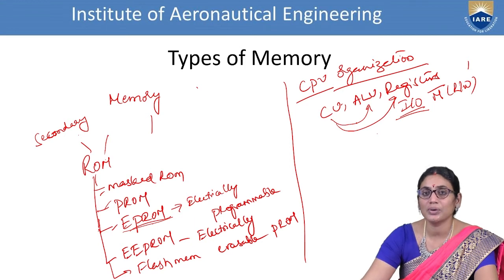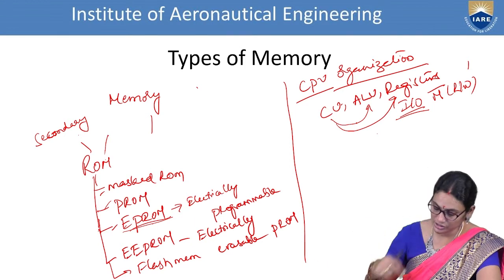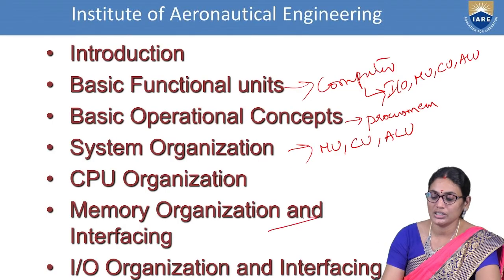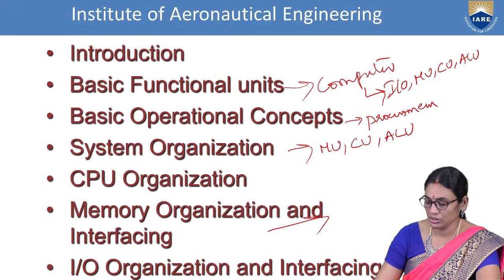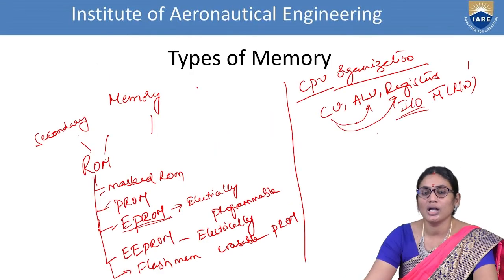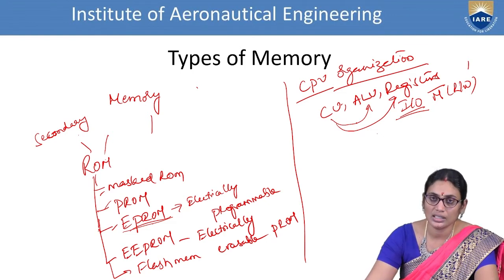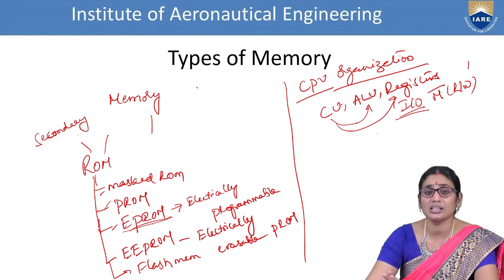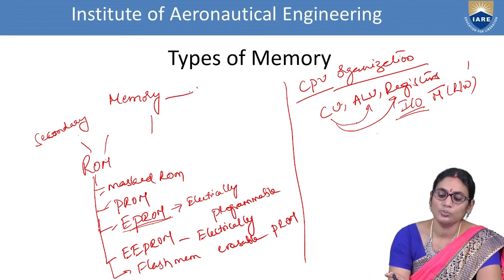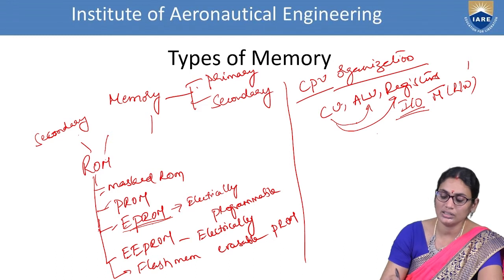So we have seen this in the past session. Now when it comes to today's operations, we go for the next case, that is memory organization and interfacing. In memory organization and interfacing, we are concentrating on basic approaches like the importance of a memory unit, how it is classified and how it is organized or designed so that data is held as a storage concept. So the memory is generally classified into two types: primary memory and secondary memory.